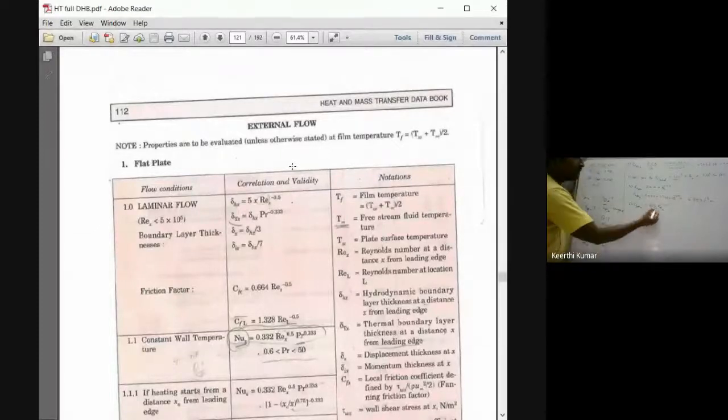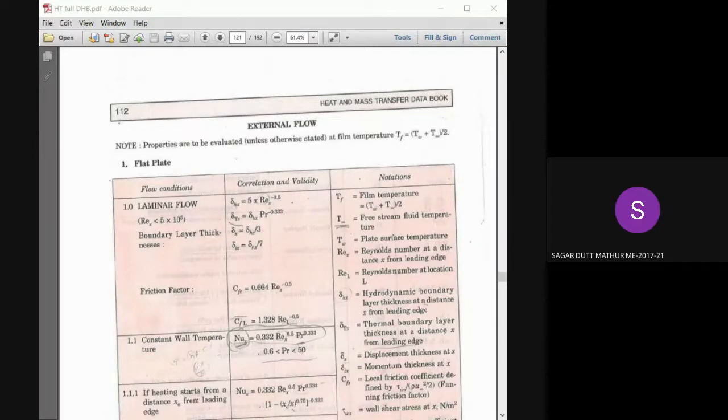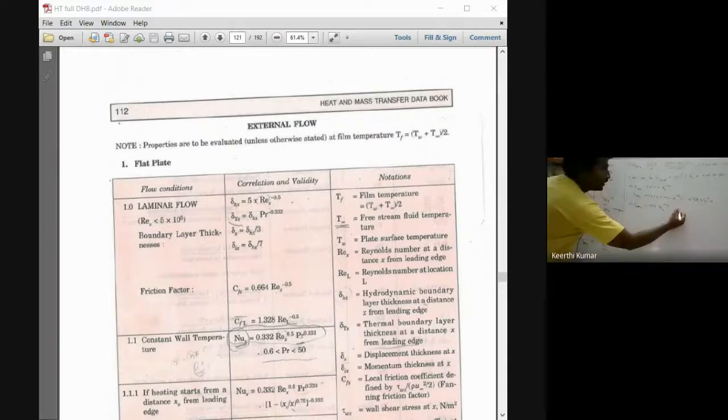So point everything you know. Calculate and tell me the value of CFX. Please calculate and tell me the value of CFX. So 3.04 into 10 to the power of minus 3. Correct? So that is a friction coefficient. Hence it is a coefficient; there is no unit for this.